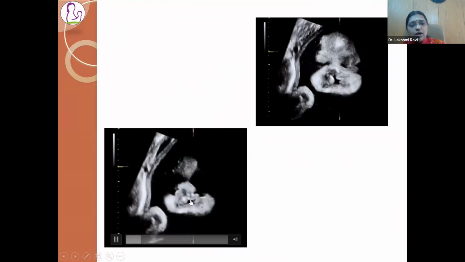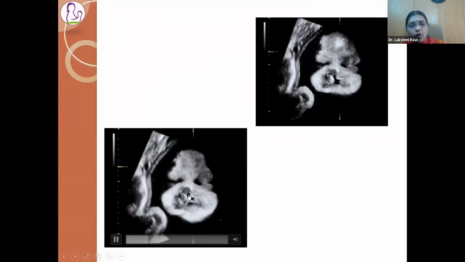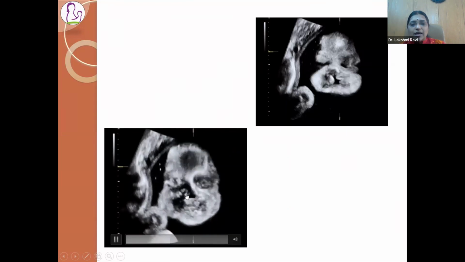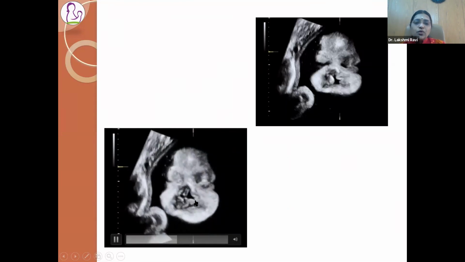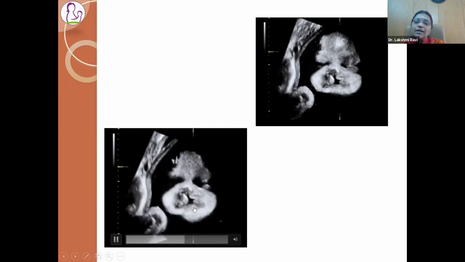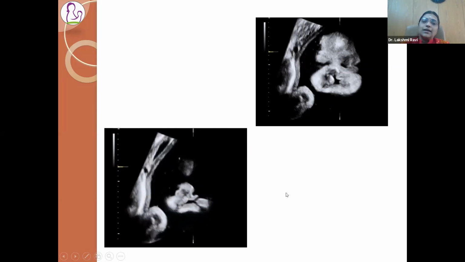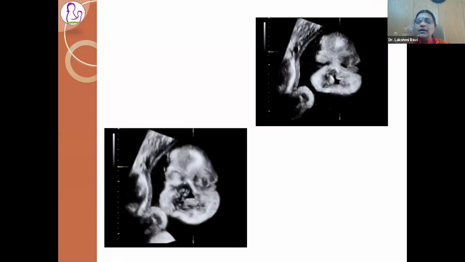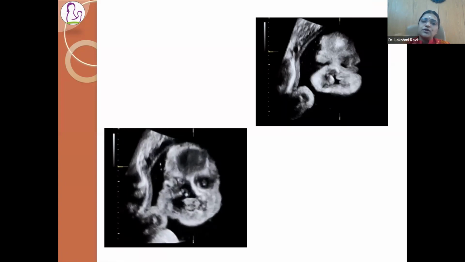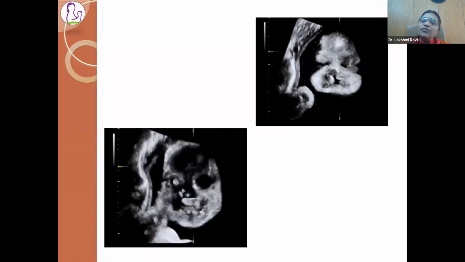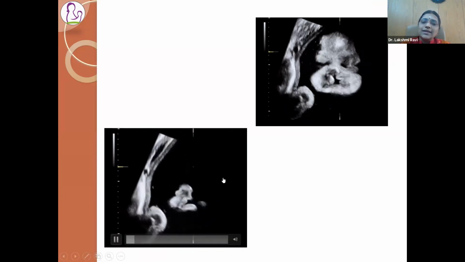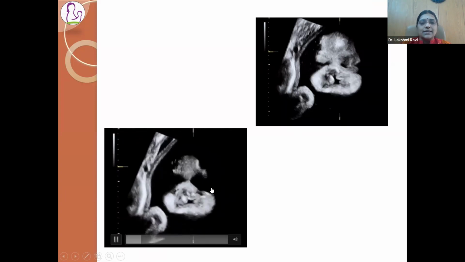Just watch this section. You will see how nicely you can document the cleft extending inside and how the nasal cavity and the oral cavity communicate on this side. Because you need to see an intact base, you can so nicely appreciate the clefting and especially cleft extension inside, because in the mid trimester the tongue actually obscures the defect. So it's very difficult to know whether the cleft is extending or not. You can use this coronal section and nicely identify whether the cleft extends inside.